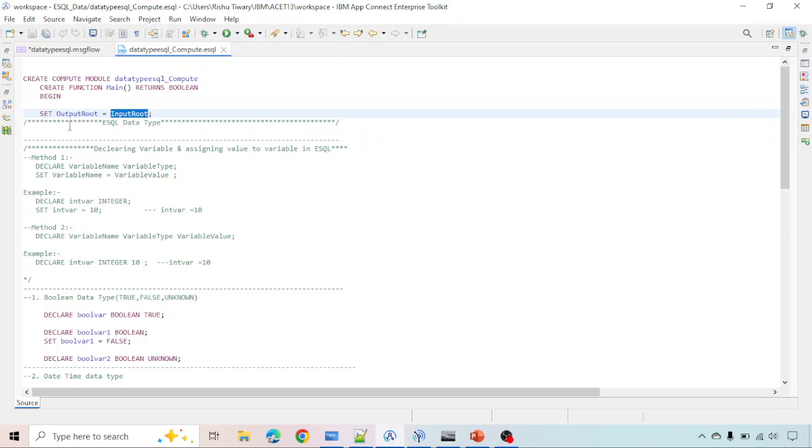First, this is the basic thing I am doing. That's the one small thing I'm doing. So what I'm doing is setting output root equal to input root. It means that whatever values are present in the MQMD, the properties and the XMLNSC, all these things I'm transferring from the input to the output root. Okay,